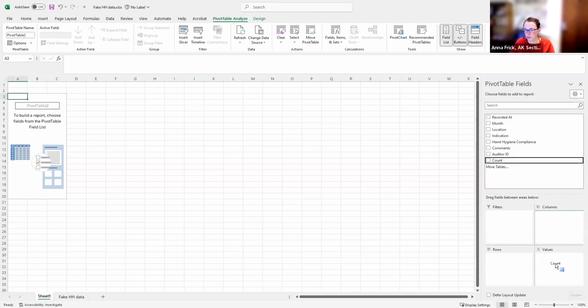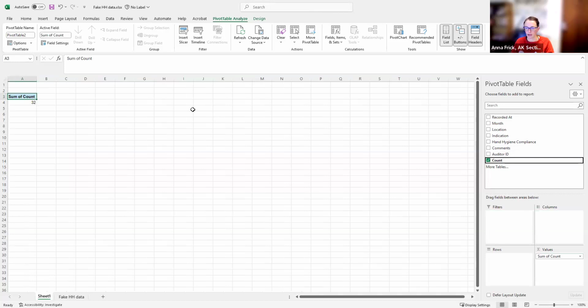I, generally speaking, almost always take my count variable and immediately make that what Excel is going to be counting for me. So now I know that every time, because I've defined my count variable so that they're all ones, Excel creates tables for me showing the number of count, it is the number of items in my data that meet those criteria.